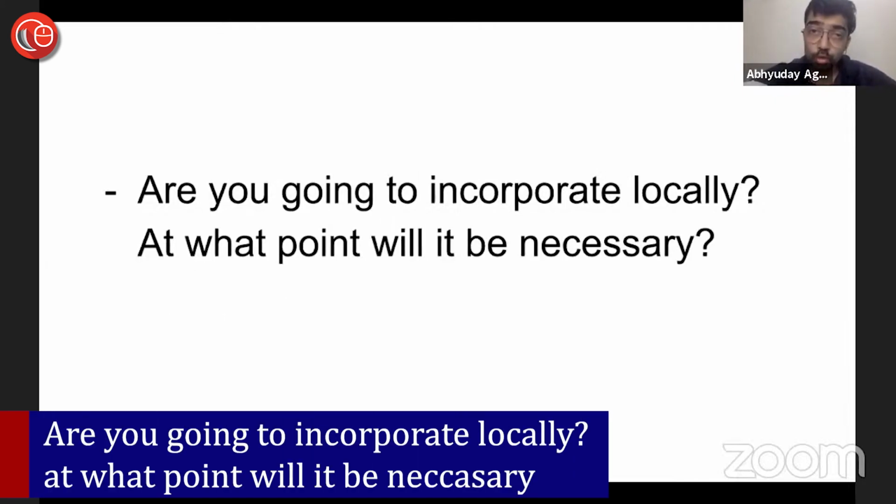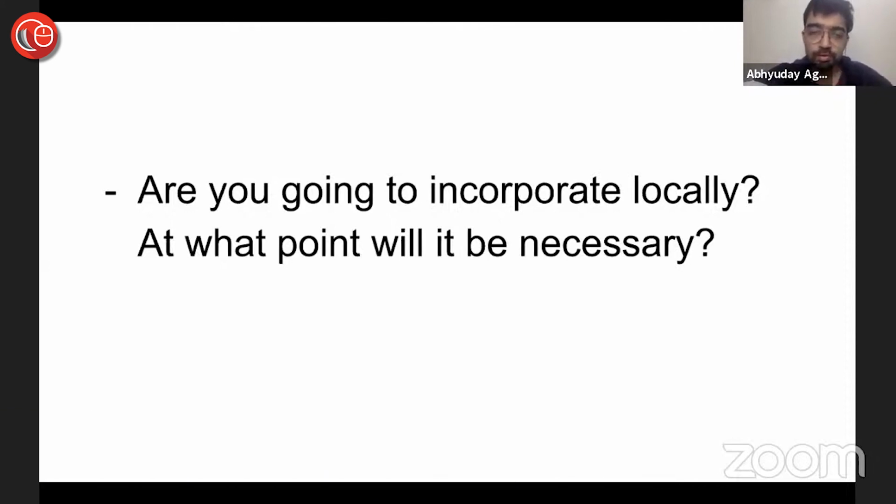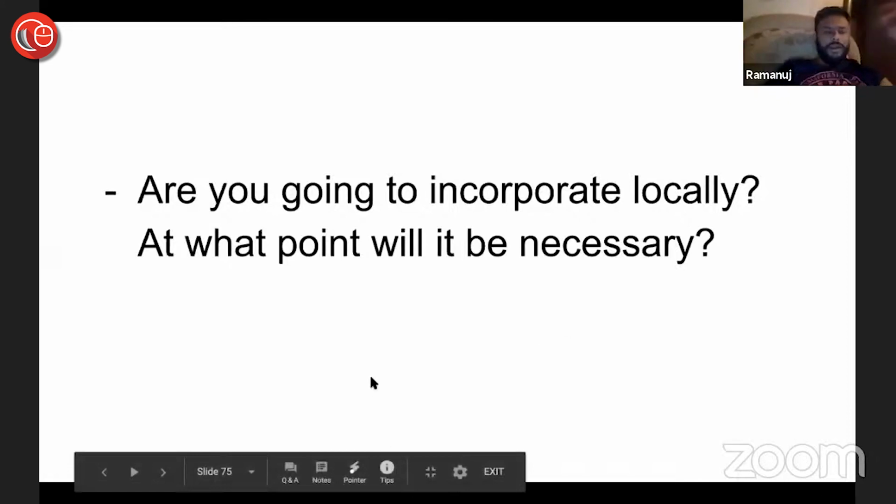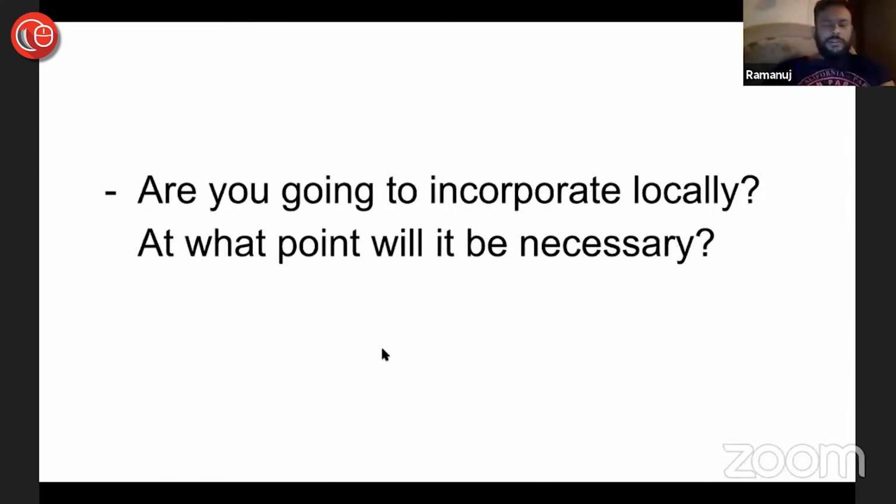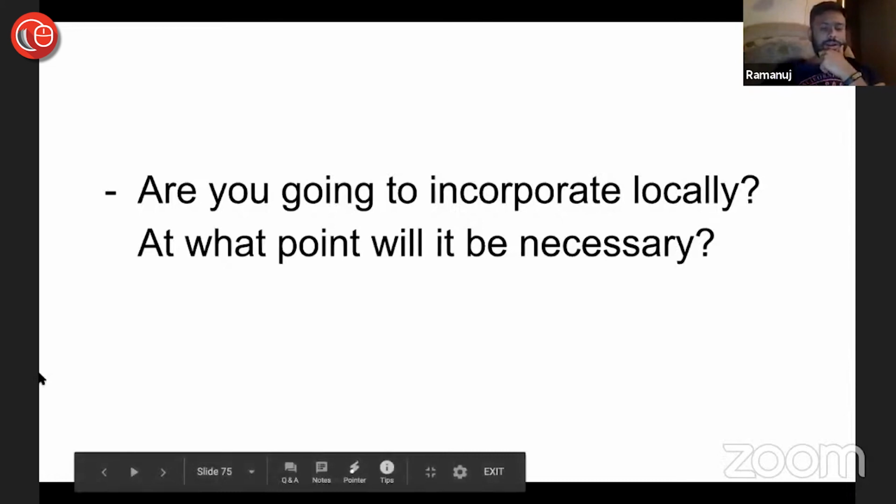Are you going to incorporate locally, and at what point will it be necessary? So what is the point, Ramanuj? Any insights on where it will be important? Have you thought of some criteria? Yeah. There are multiple scenarios. We're going to discuss them in today's session also. For example, let's say, just giving an example, right? So let's say you are,